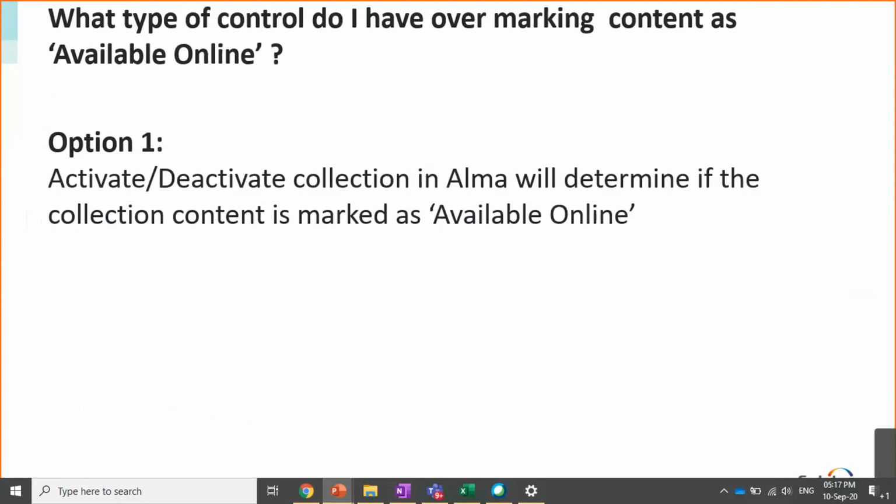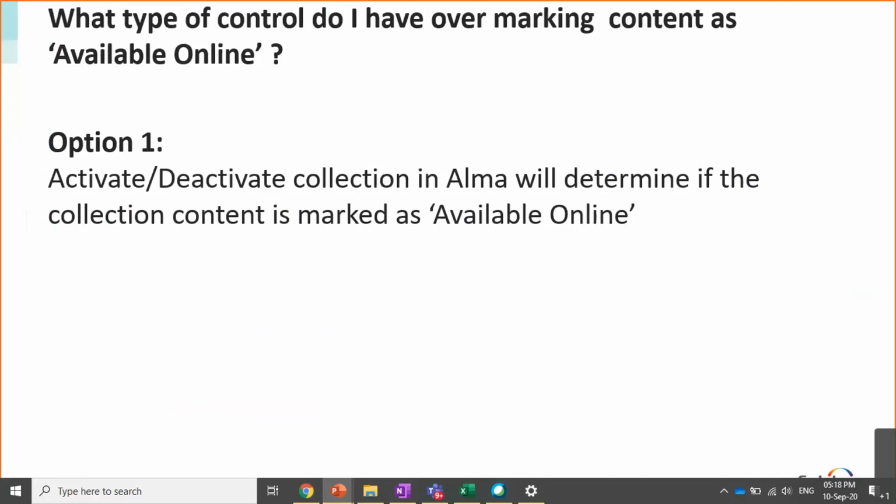So first of all, the first option you have to control is using the activate, deactivate options. If it's active, it will appear as available online. You don't want it to appear in CDI, then you can deactivate it, of course. But when you deactivate a collection in Alma, of course, it has meaning. It means that not only is it not available in CDI, but it won't be available through the Alma link resolver.